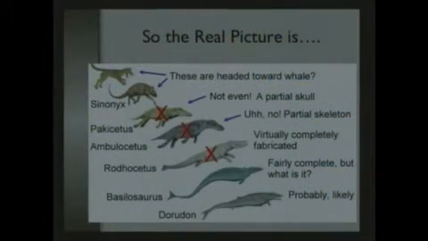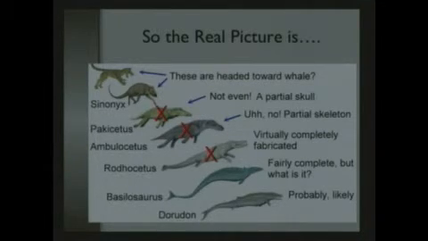But notice even how he says it. Probably represents the group most likely to be in the lineage of modern whales. Probably, most likely, this whale-like thing, because it looks something like some of our modern whales, yeah, we're going to call it good. So the real picture is, and this is my summary here, I took a diagram from the internet that's a classic example of the way they show the whale lineage, and then I added my own notes based on the actual facts, and there is, on the left, your chain of species, and on the right,